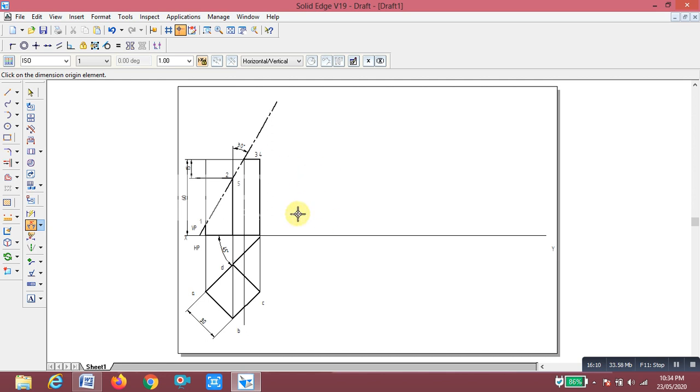This point is named as point 1, here it is 2, it is 3. Trim.